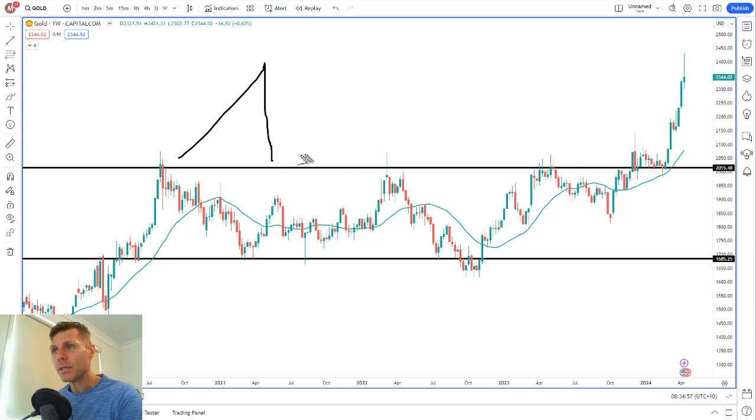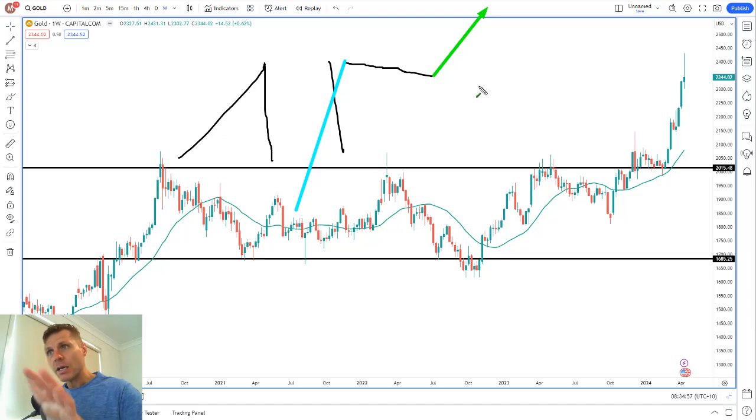But if we start to get something like this, if we're looking at legs, this is a strong leg down. If the market does something like that on an overall basis, what does that mean? It means the sellers are weak. What does that actually mean? Well, if the sellers were weak here and we had a very strong move up, there's a high probability that the sellers are likely to lose control and the buyers are likely to kick back in again. So I'm looking at what the market is actually telling me. Who's more dominant in the markets?